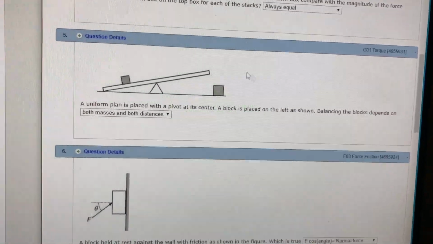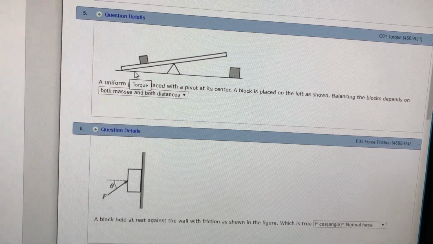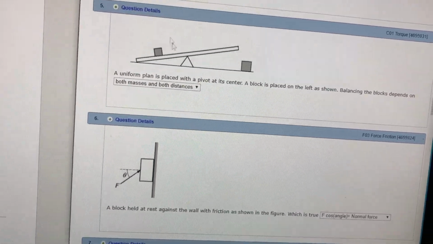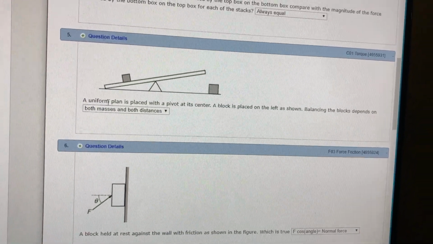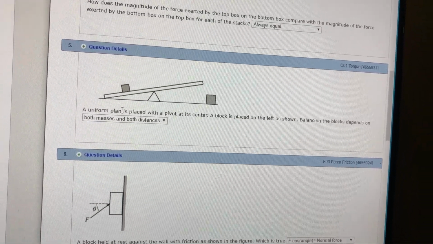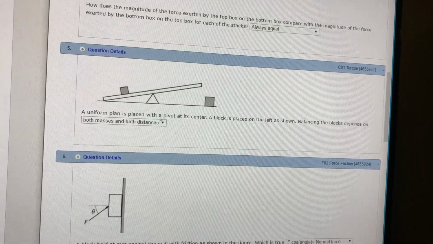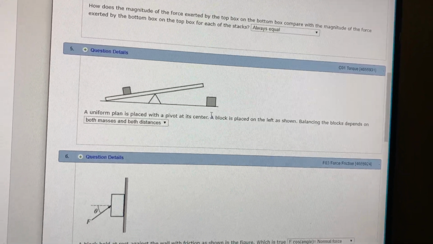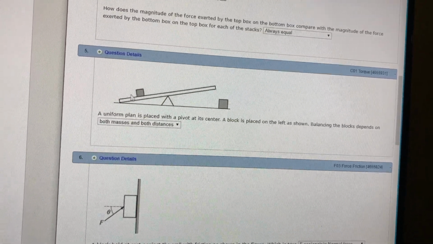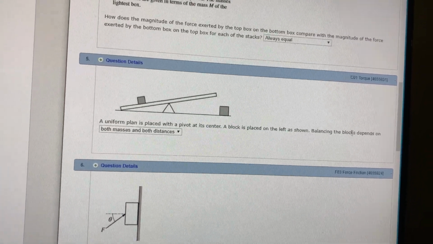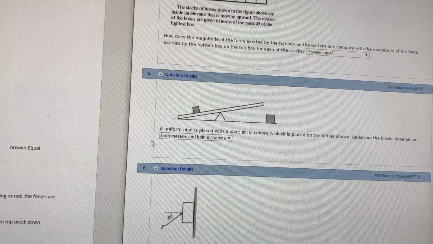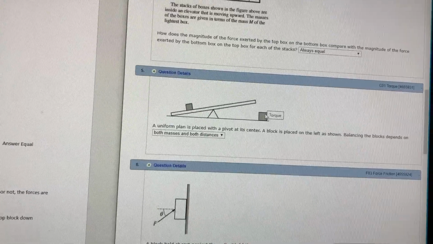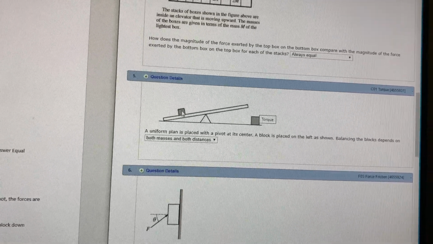Question 5, we have this seesaw teeter-totter. So this is a torque problem. A uniform plane is placed with the pivot at its center. A block is placed on the left as shown here. Balancing the blocks depends on both masses and both distances. So I need to know